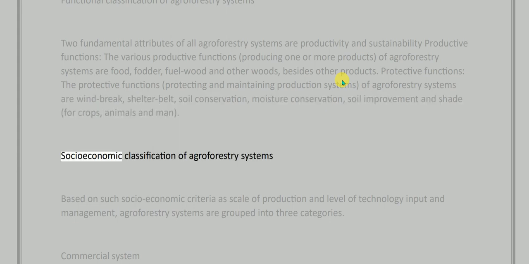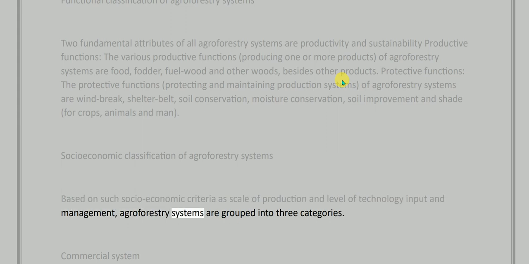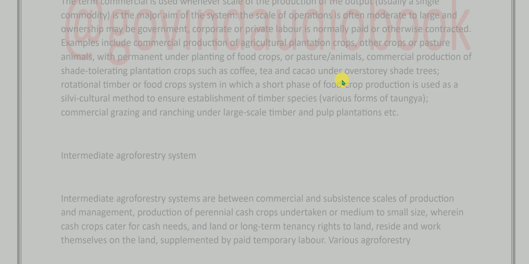Socioeconomic classification of agroforestry systems. Based on such socio-economic criteria as scale of production and level of technology input and management, agroforestry systems are grouped into 3 categories. Commercial system. The term commercial is used whenever scale of the production of the output, usually a single commodity, is the major